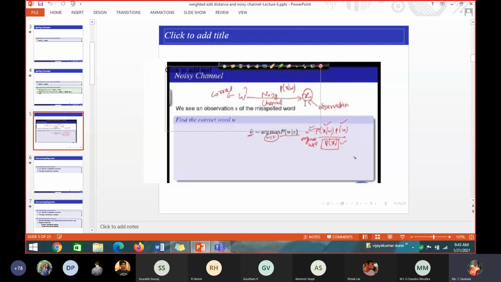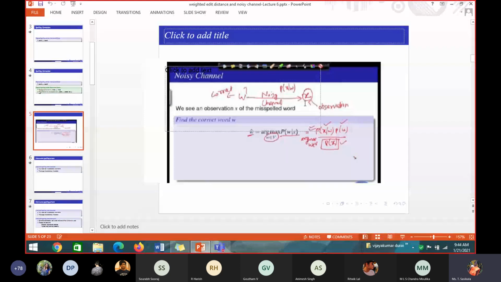How do we make the system understand that the output is wrong, that X, the observation, is wrong? Any method, any idea? How to find out whether it is a misspelled word or an incorrect word? X is an incorrect word. What method will we use to find out whether it's correct or wrong? Can you guess and tell me any idea? Even if it is wrong, fine. Guess and tell me.